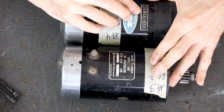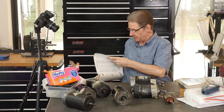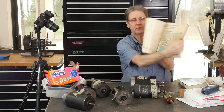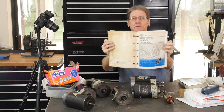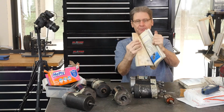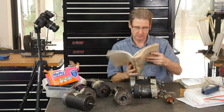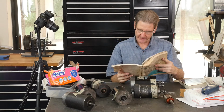Part number 29975-75B. I hope you got a parts manual handy. Let's see if I can get it out for you. I've got an earlier model parts manual and, if I can separate it, this later model parts manual for 79 to 85. And if I held the page right, there's a different part number. If this cover here is black instead of polished aluminum, there's a different generator black end cover. That part number is